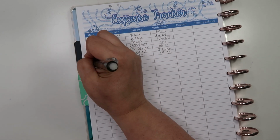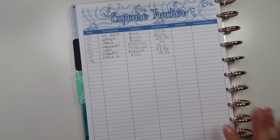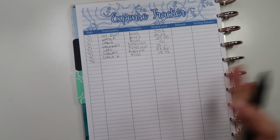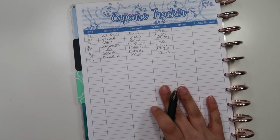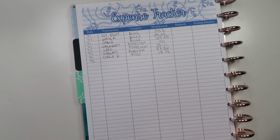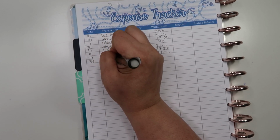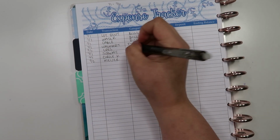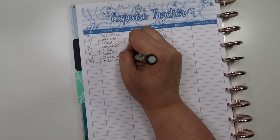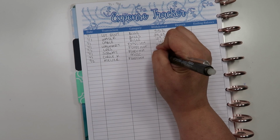And then on the 2nd, once we were at the campground, all settled in, we wrote a list for the long weekend. We had a family come out for the holiday weekend, Saturday, Sunday, Monday, we had a really wonderful time. So we had to go to Meijer to pick up the food and stuff that we needed for our big barbecue and that sort of thing, and that came out to